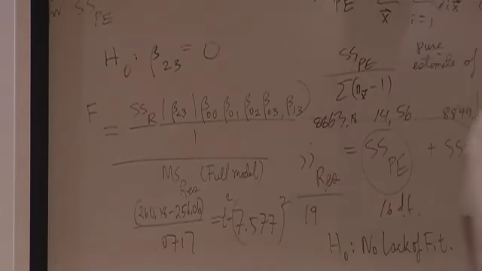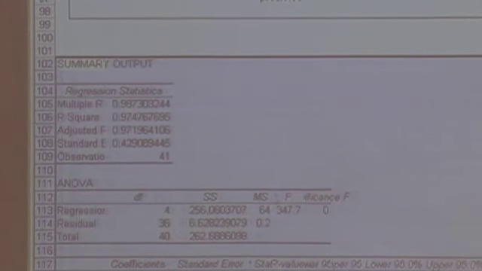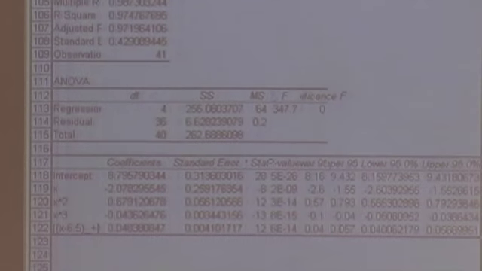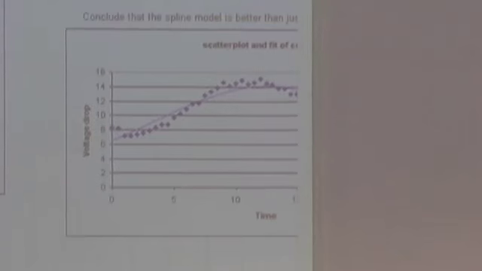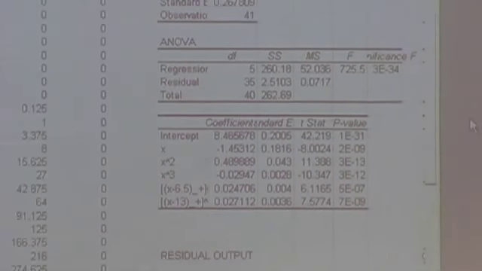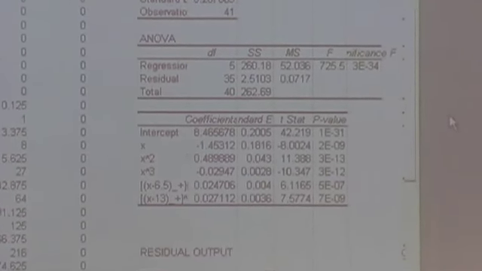So you can see that the SS res changed from 2.5 up to 6.62. All right. That's a big percentage change, but it's not numerically a big change. Because you can see the regression sum of squares changed from 256 up to 260. All right, that's not that big of a change out of the total sum of squares. But